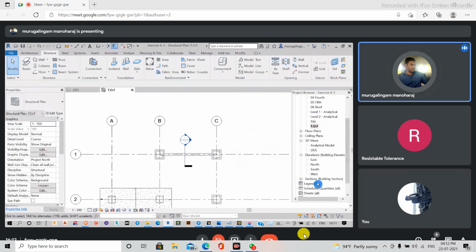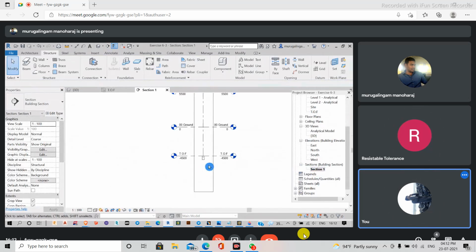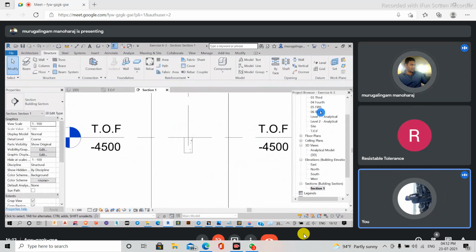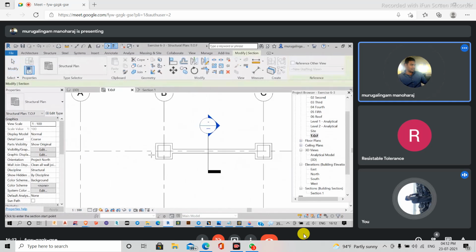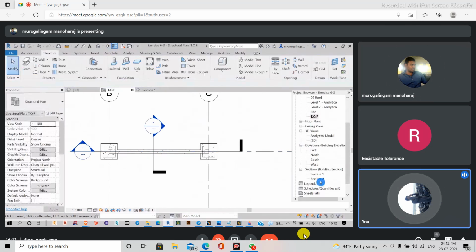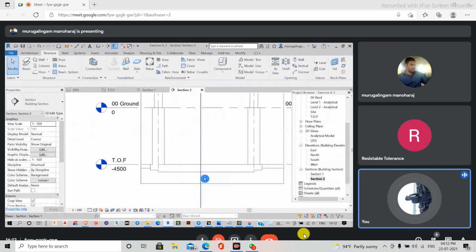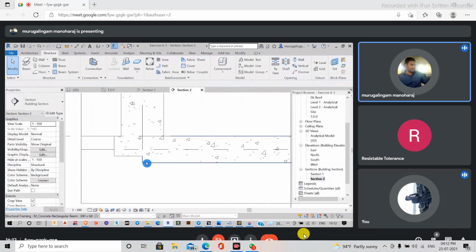After creating the section, one more section here, one more section here, one more section in this direction. Now I can clearly see how much dimension I need to lift it up.